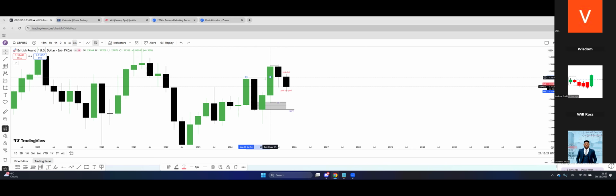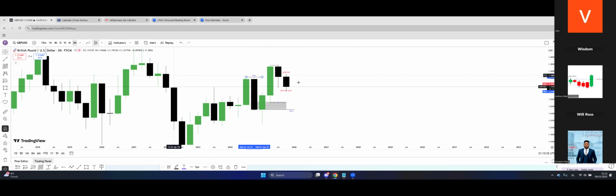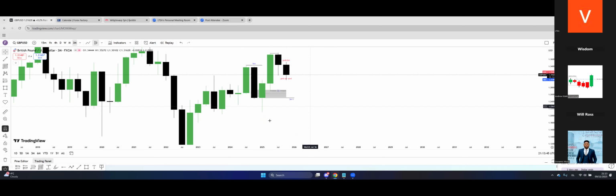Now we have this break of structure. Like I say, you can call it break of structure, I will call it liquidity. It doesn't matter. So let's just label it as a break of structure to the upside. Which means we have grabbed liquidity around this level. So what does price need to do now? Price now needs to do what? Either rebalance inefficiency or go for more liquidity.